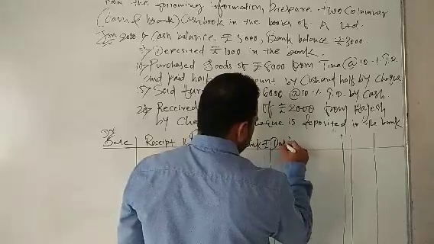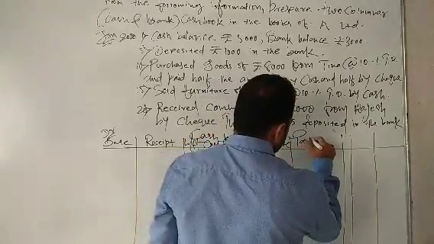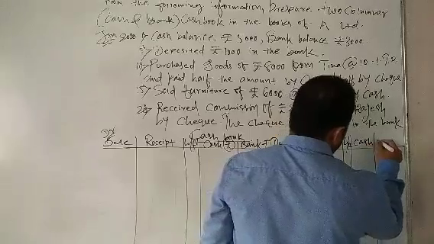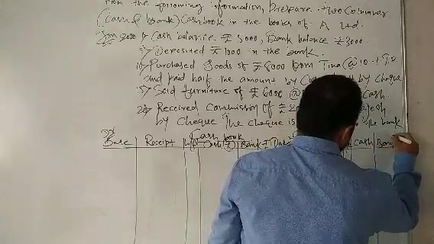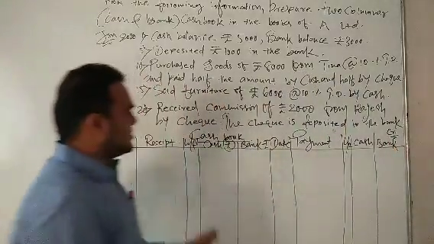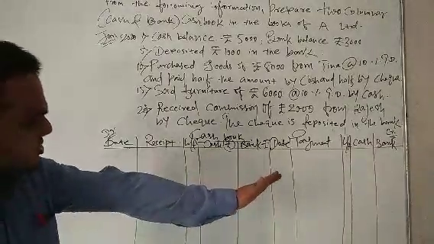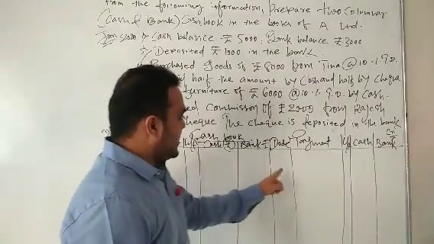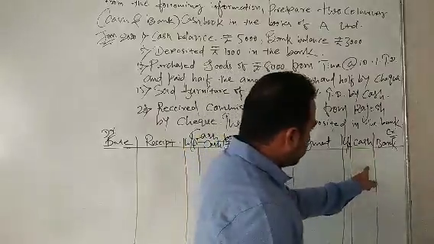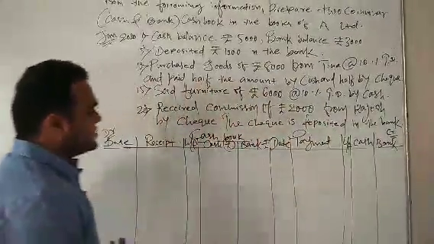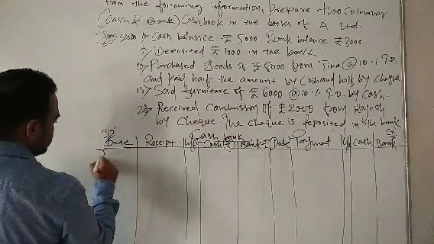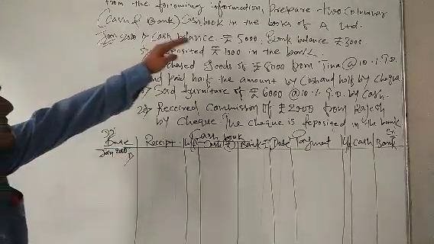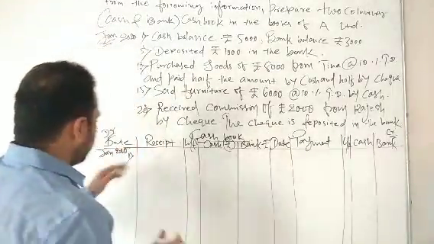Date again, payment side, LF, cash rupees and bank rupees. This is credit side. So students, half the portion is debit side and half portion is credit side. Date receipt LF cash bank, this is debit side, and date payment LF, and then cash and bank, this is credit side. So students, if we see the first transaction, but before that we write down January 2020 and first transaction, cash balance and bank balance, both the balances are given. It will come on debit side.